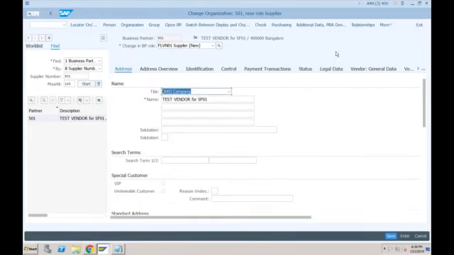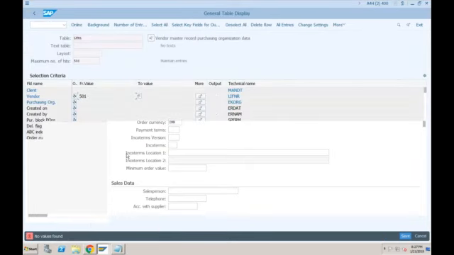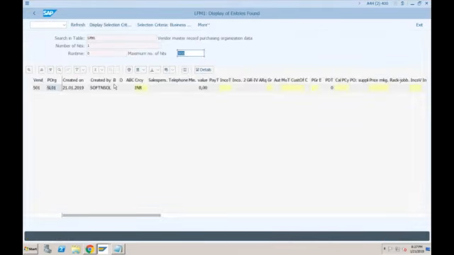FLVN01. You will go to purchasing data, and here you will specify the purchasing org. We don't have any purchasing org created, but maybe I can show you the purchasing org which was created for another scenario, in my simple logistics session, SL01. Order currency, let's say INR, and click on save. Now this 501 vendor is also available for this purchasing org. If you go to the table and click on online, it will show that this vendor is available for the SL01 purchasing org.